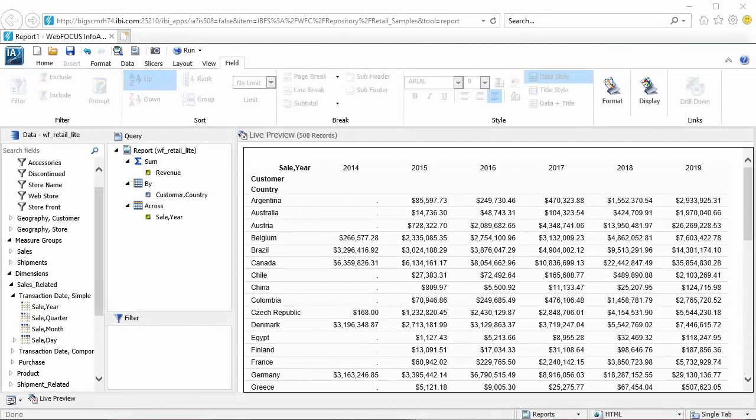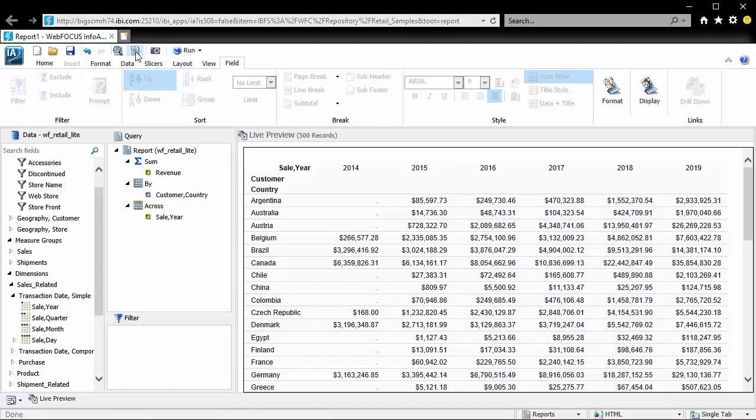Hello, and welcome to this video on controlling procedure settings in InfoAssist. You can use the procedure settings feature to quickly and easily apply certain types of formatting to affect how your data displays, which is especially useful in cases where you want to customize your content for localization purposes or for different output formats. You can use the procedure settings option on the quick access toolbar to help customize your report